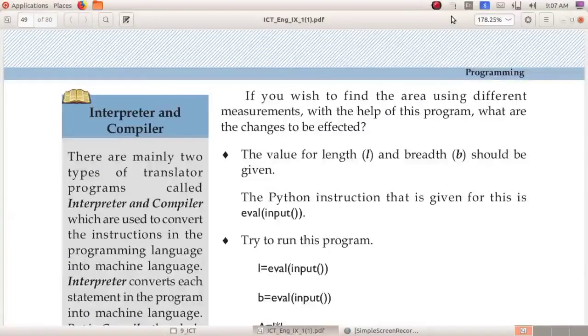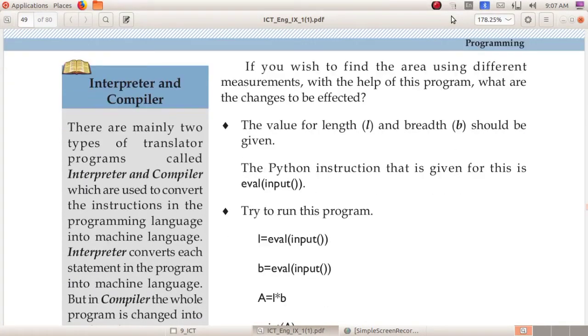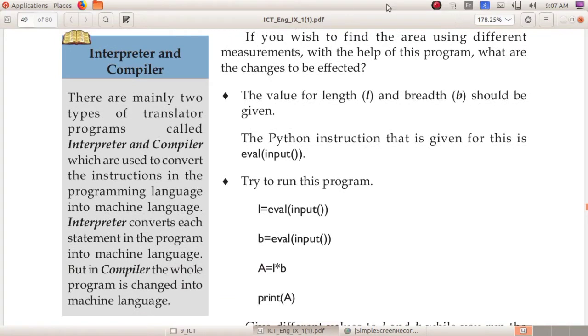Interpreter and compiler. Here you can see two types of translator programs. We have discussed what translator programs are. What do you mean by translator programs? Yes, they convert machine language into programming language and programming language into machine language. So two types of translator programs are interpreter and compiler.